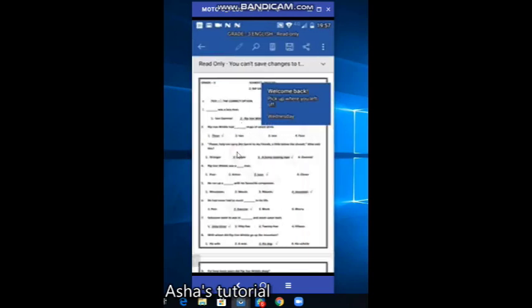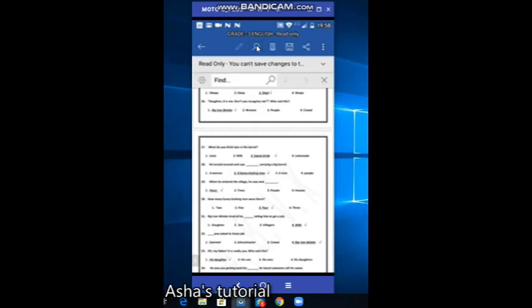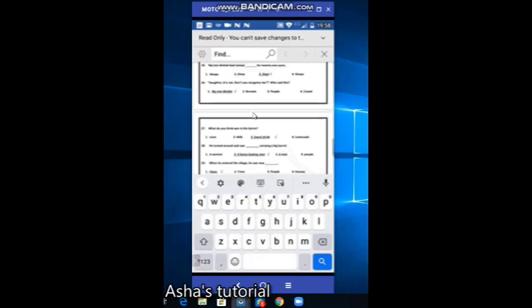Yeah, this is the worksheet. Okay, the size is very small, students cannot see, so I can zoom it. I can zoom the size of the page also,